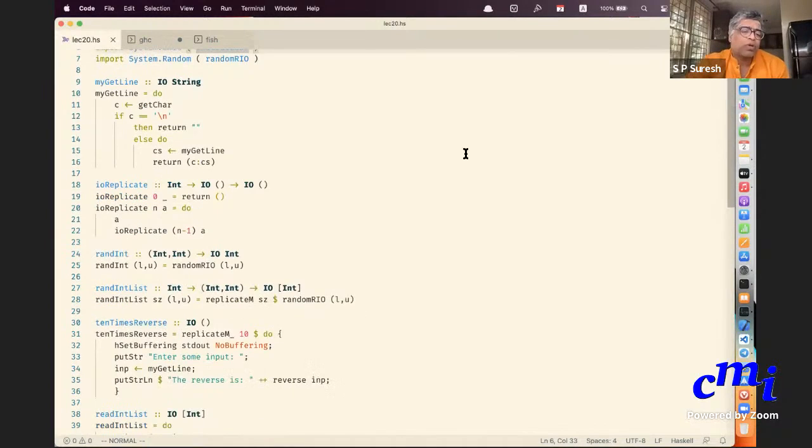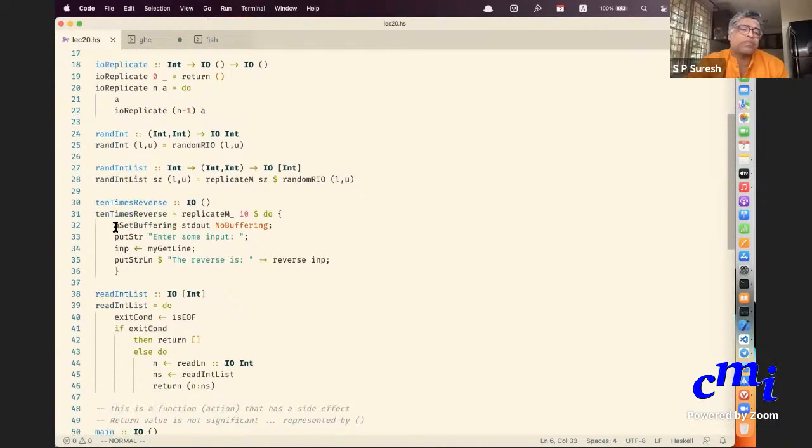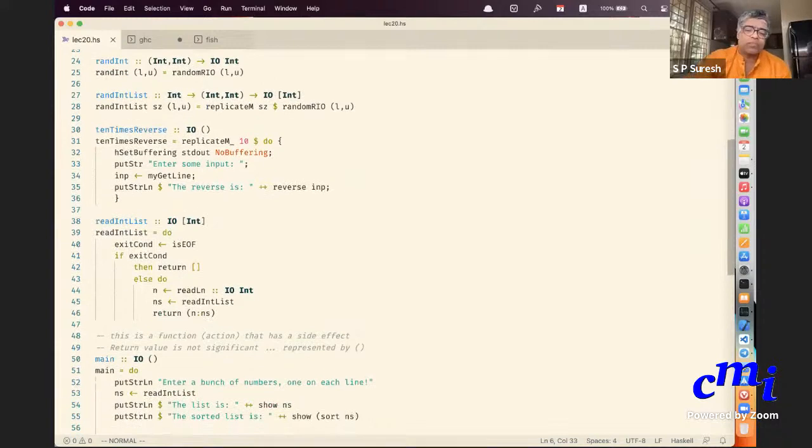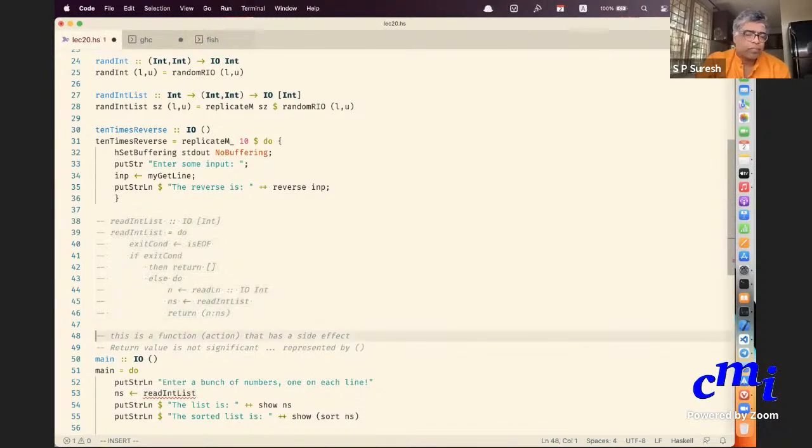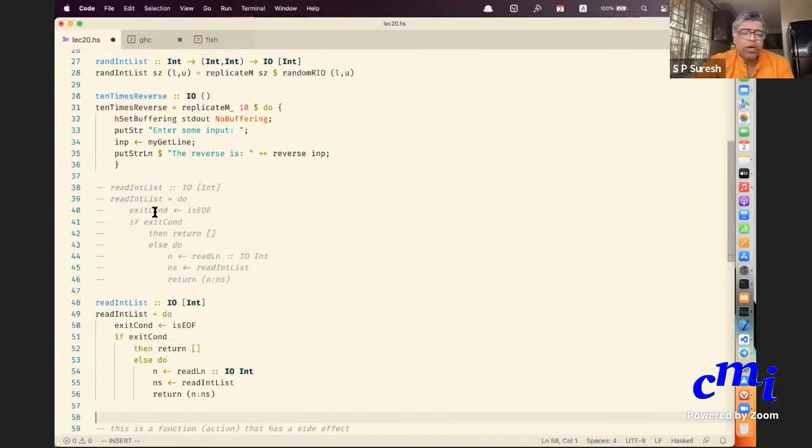So let me go back to my read int list. Let me copy this so that this version stays commented. Now the new read int list, instead of doing recursive calls, will be like this.